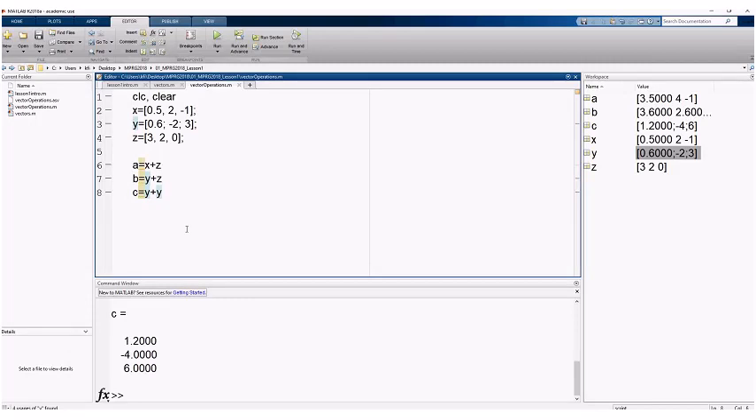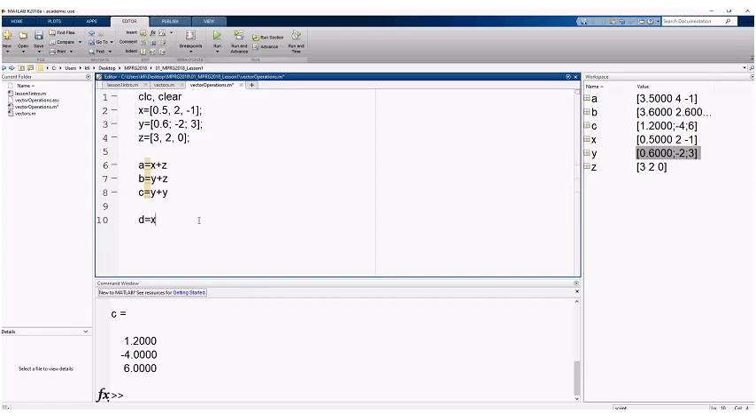Another vector operation we could have is the multiplication of vectors. Let's say d is equal to x dot times z. So if we want to multiply elements of vectors, first element of this vector by first element of